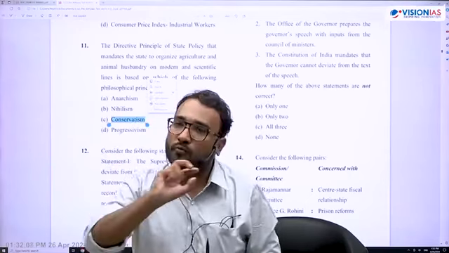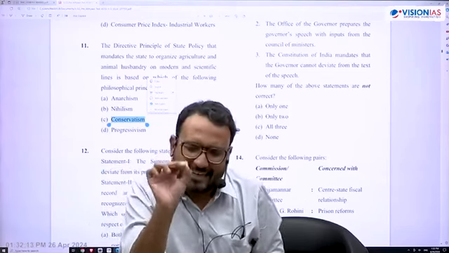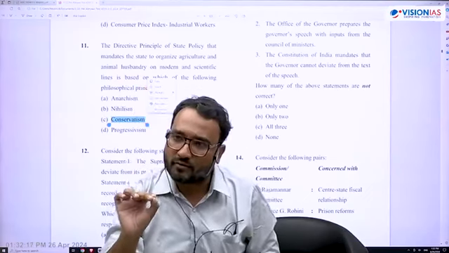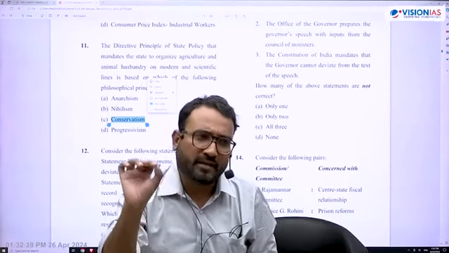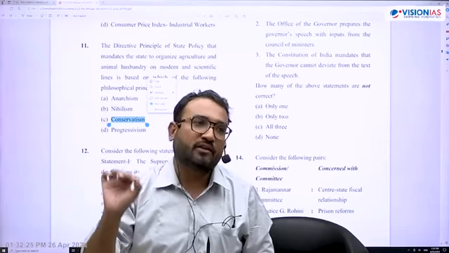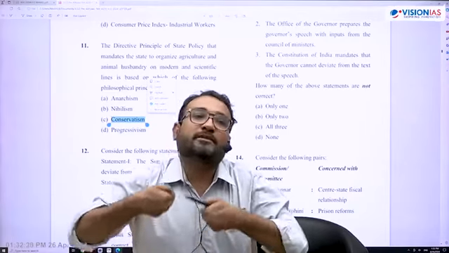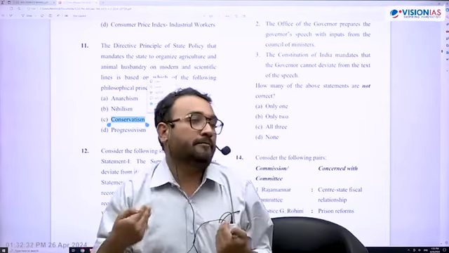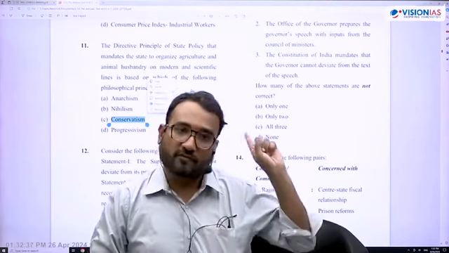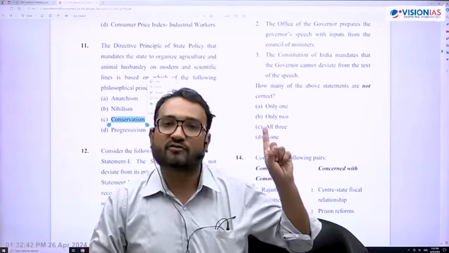Although I don't want to go much deeper, what is liberty? There should be two things. One, there should be least intrusion into your expression. The way you want to express yourself, there should be least intrusion by the state. John Stuart Mill, Rousseau, Locke, especially John Stuart Mill in his essay On Liberty, has talked about this exhaustively. Two, you must be allowed to express yourself fully, and how the state promotes those institutions that allow you to develop fully, that we will discuss. There is one more question on liberalism, so I'm not expanding the conversation now. We will discuss that exhaustively.